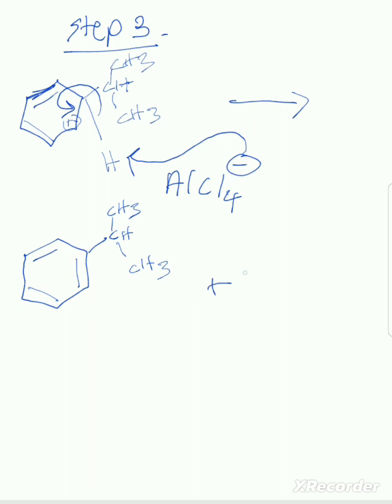Then plus aluminium. One chlorine here is the one that is going to react with hydrogen to form hydrogen chloride. So here it will be plus aluminium chloride like this, because one chlorine has reacted with hydrogen. This is a catalyst, and we still have the same thing. We started with it and we are going to end with it. So that's how you go about